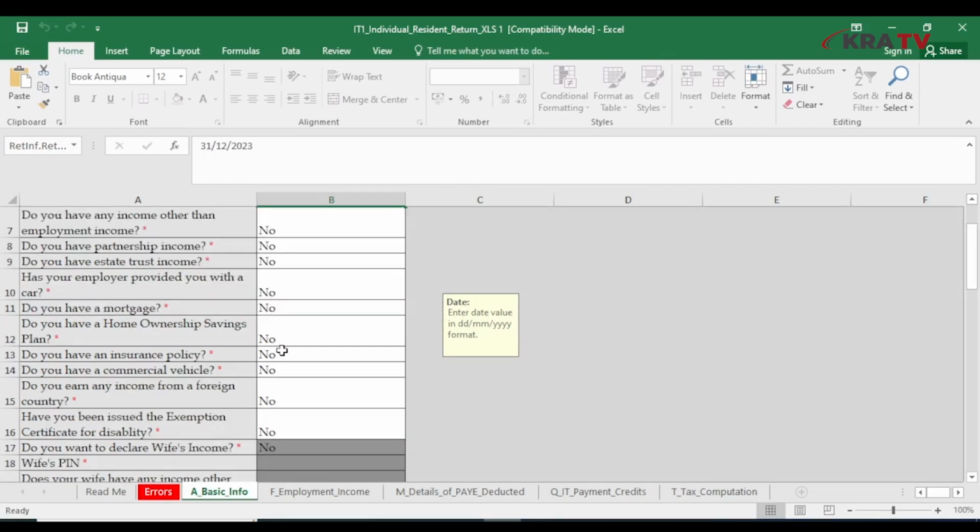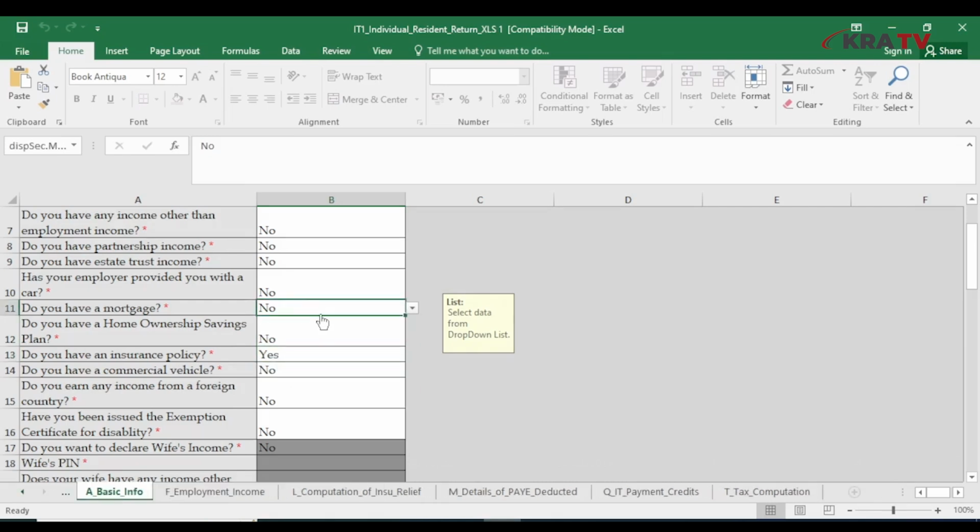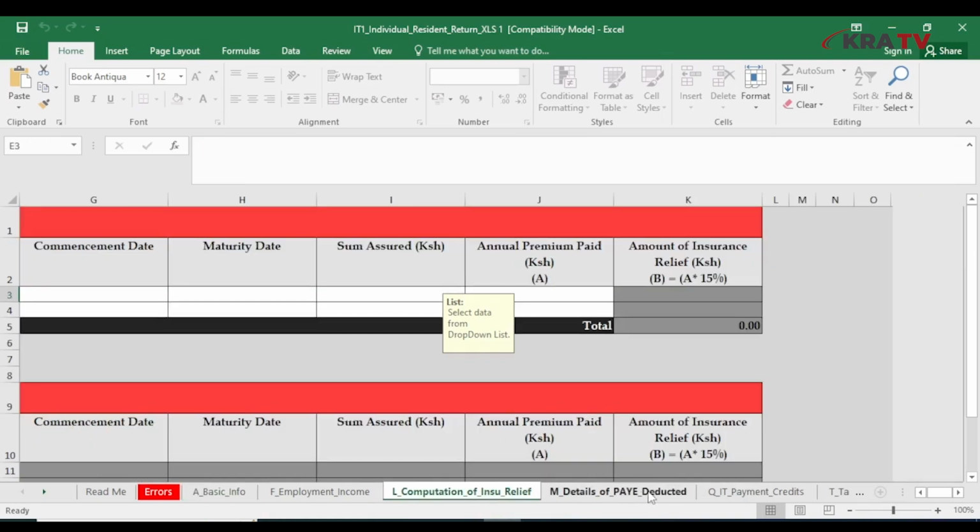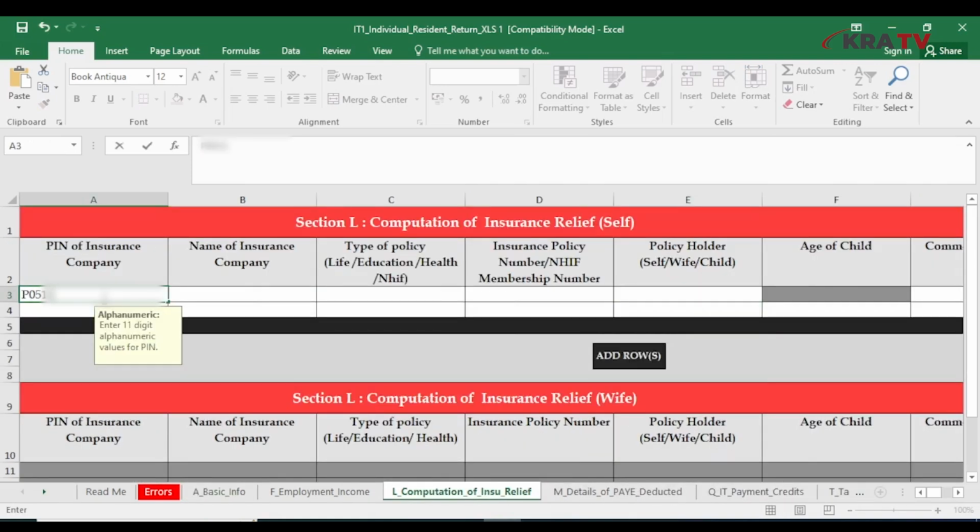In case you have a mortgage, an insurance policy, or you channeled any amount to NHIF, select Yes to the question, do you have an insurance policy and do you have a mortgage? Click on Sheet L labeled Computation of Insurance Relief and capture the KRA PIN of the insurance company,